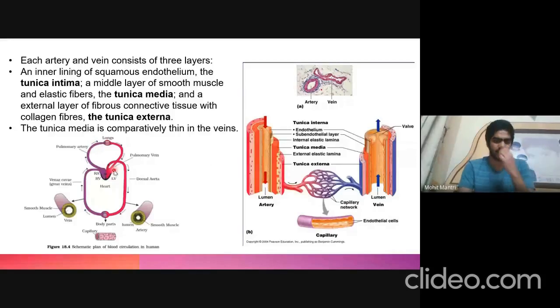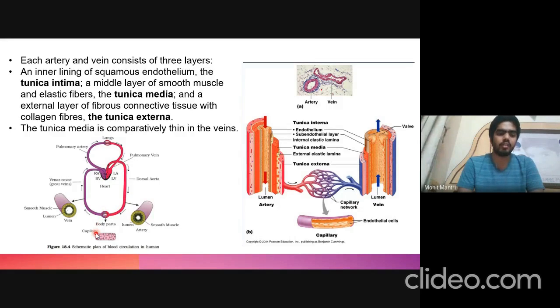Yes, so this is the double circulation. The oxygenated blood from the lungs will enter the heart via the pulmonary vein into the left atrium. Then it will move to the left ventricle, from which this oxygenated blood will reach all the other body parts or all the other tissues, and the oxygen and other nutrients will be transported to the